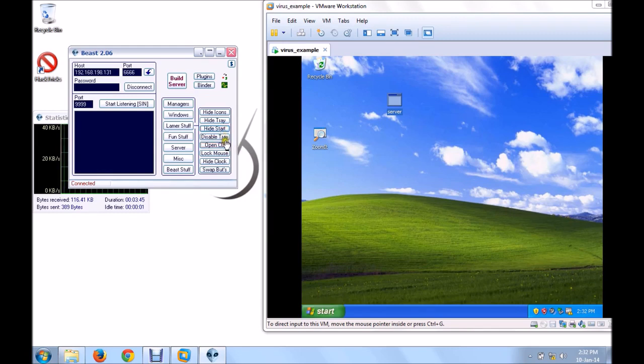Now disable tray, open CD, lock the mouse, hide color, swap buttons. Now we'll look at some funny stuff. Hide the mouse, lock CDs, go to the URL. Look for the wallpaper, chat with the victim.